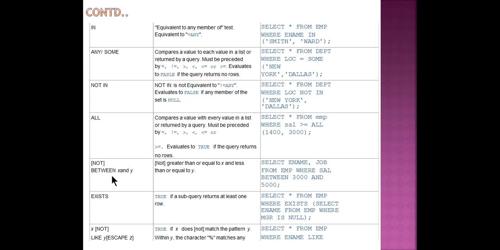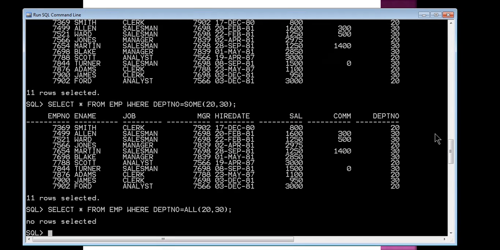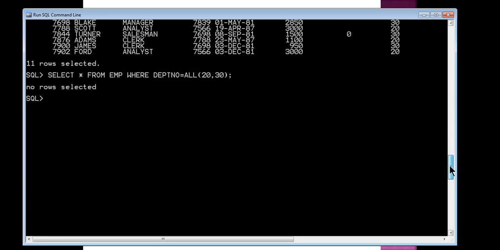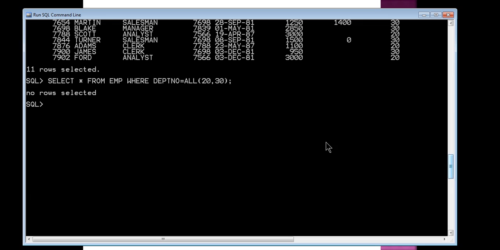Similarly, BETWEEN. Suppose I want those employees whose salary is between some lower value 500 and highest value 2000. So you just need to write select asterisk from EMP where salary between 500 and 2000.